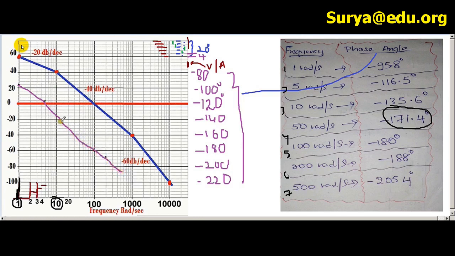Because actually guys, this curve depends upon the points that we have selected. Here 1, here 2, here 3, here 4, here 5, and 6 and 7. So anyhow you have to make a freehand sketch like that. So this stands for the phase angle plot, and this stands for the magnitude plot. Okay, so I think now everything is fine. So now that's all about it.